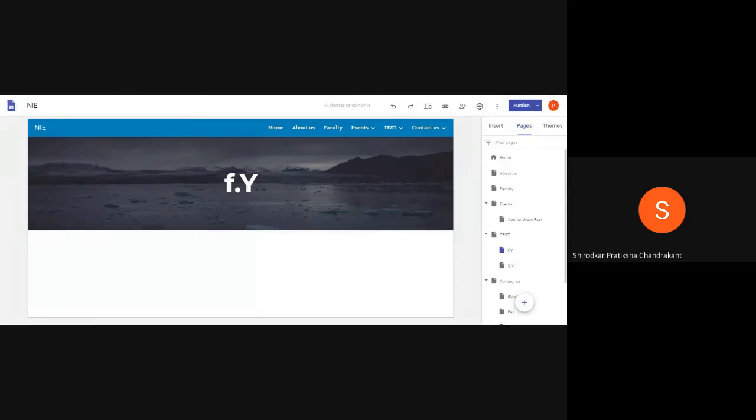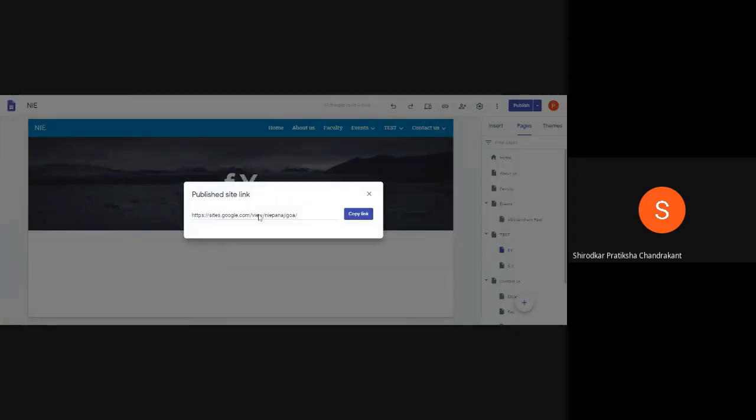Okay, so now the last part associated with Google Sites is, how will I let my students access this site? The best way to do it is to go to this option. When you move the cursor there, you can see Copy published site link. If you want to share the site link of the site I've just created, you just need to click on it, and it will show you the published site link.